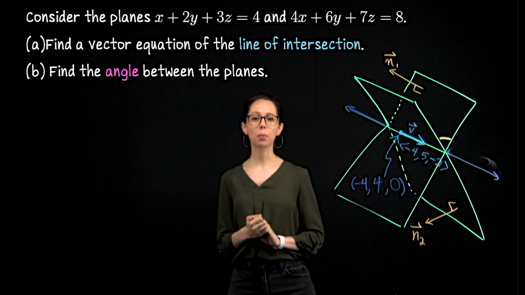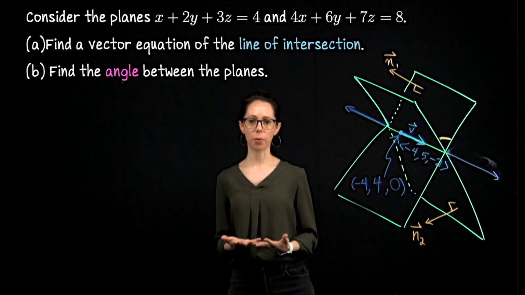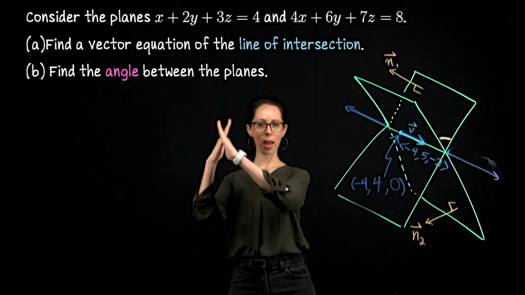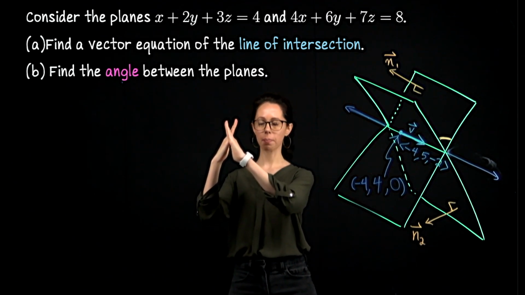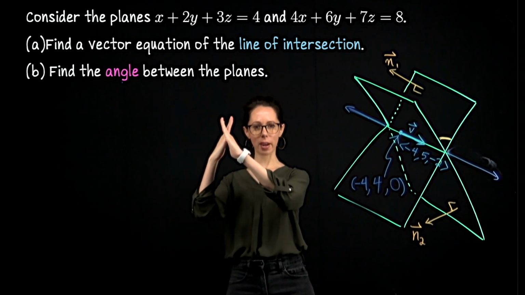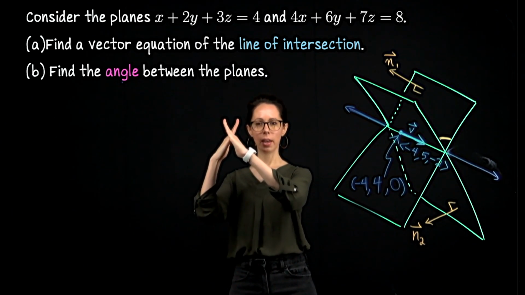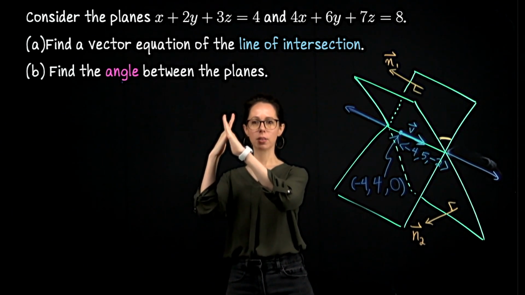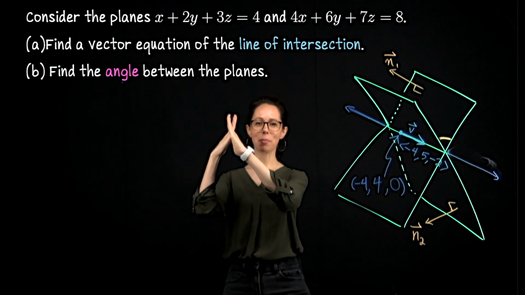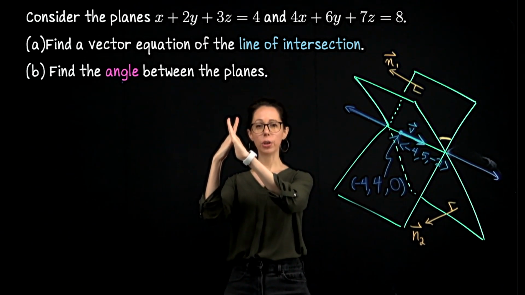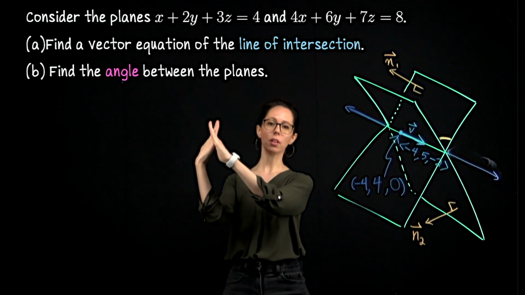The intersection of 2 planes gives you 2 possible angles. So if I make a tall X with my hands like we have on the board, notice I have 2 pairs of angles. I have the top and bottom, and then I also have the left and right. So in this diagram, if my intersection looked like this, I have acute angles above and below and obtuse angles to the left and right.